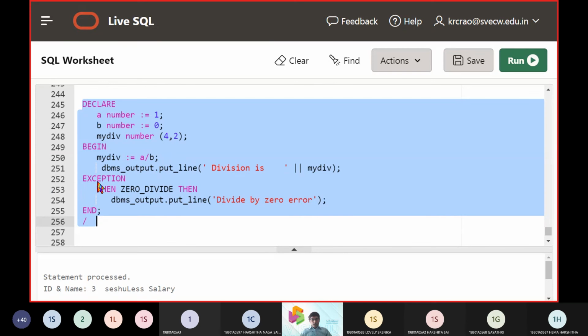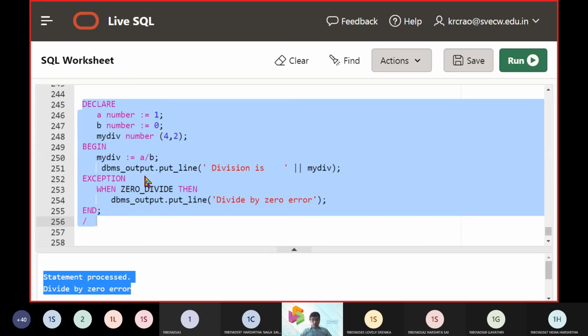Infinity is going to hang up the situation, so we call an exception, and we define a predefined, system defined exception. So when and then are reserved words, and divide 0 is also a predefined condition. If this fires, we should display the message as divide by 0. At the bottom, you can see the output: system processed, statement processed and divide by 0 error.